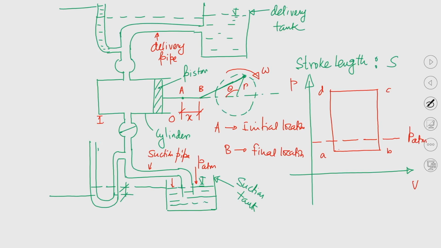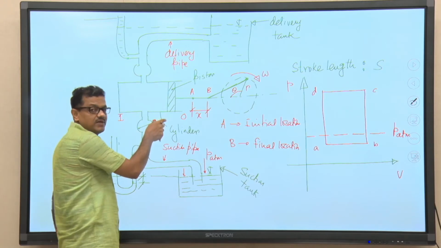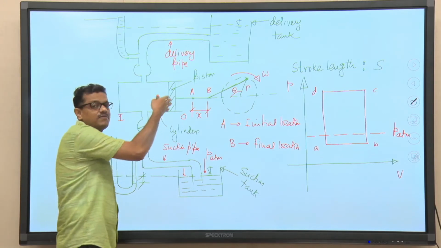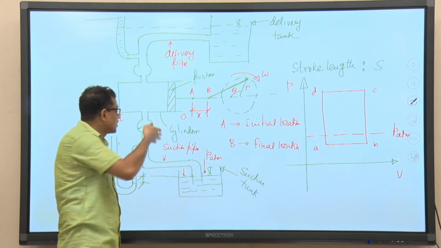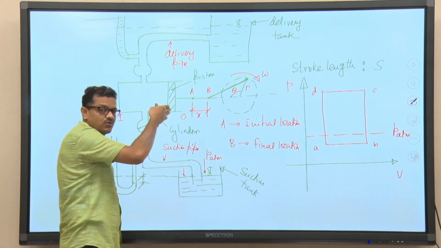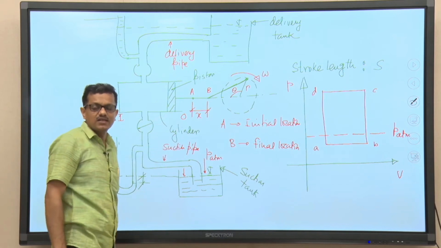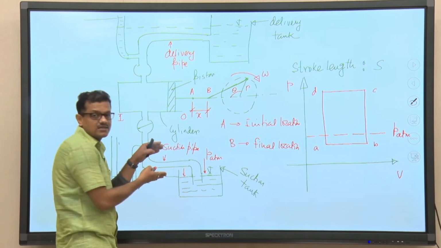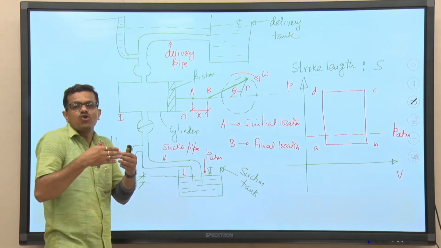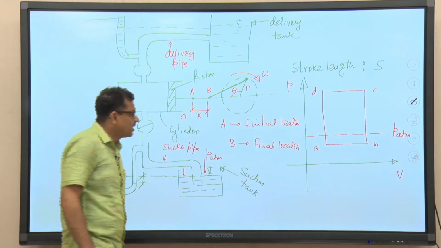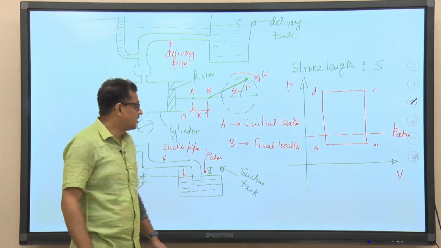So basically, when the liquid is trying to accelerate or decelerate, the liquid volume in the suction pipe will have an inertia effect, right. See, when the piston is starting its movement from the inner end to the outer end at the beginning of the suction stroke, the piston will have acceleration. The liquid which is very close to the piston face will definitely try to accelerate with the piston, but the liquid in the suction pipeline, because of its inertia, will try to oppose. So, what will happen if we take that inertia effect into account?